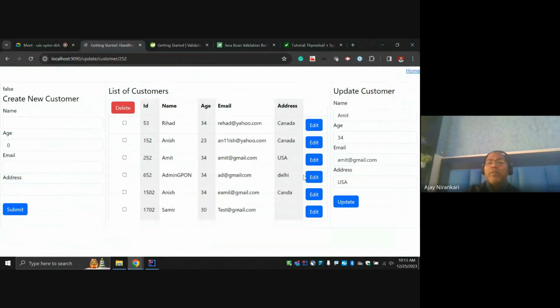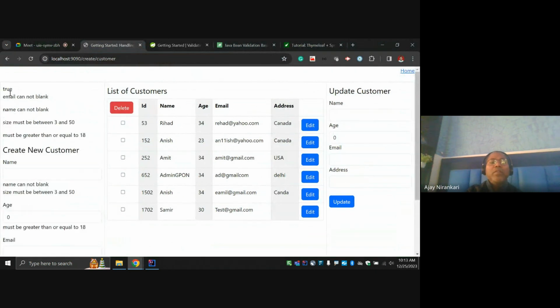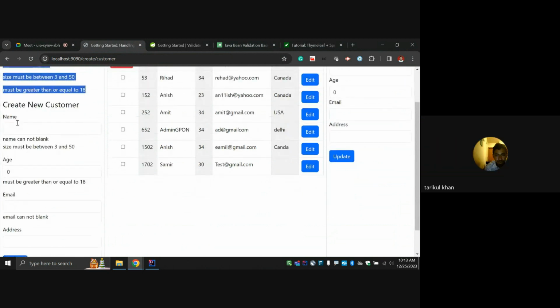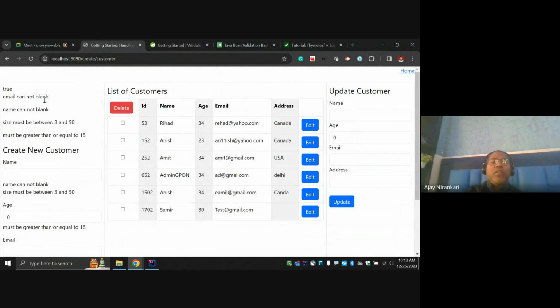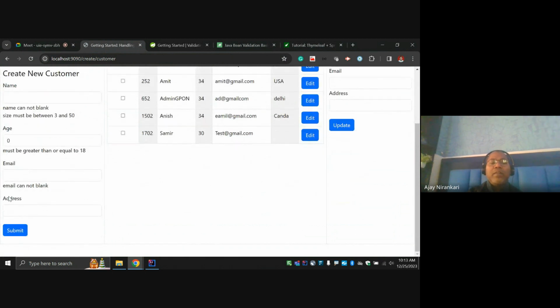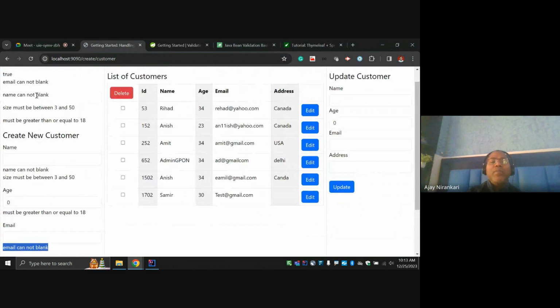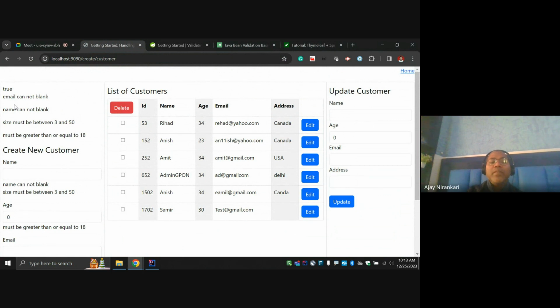So here let me submit. Notice here true, some error occurred. This is the first error, second error, third error, fourth error. Do you notice here the same error we are applying here? I don't want it this way, someone can give all the messages, but this must become under the email section, right? So instead of printing all messages in one place,